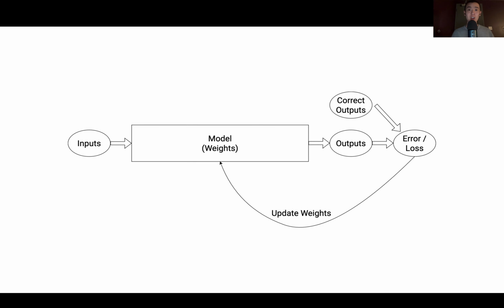Here's a quick review of what we talked about earlier on in the course. Imagine that we have a model that tries to determine if this is a picture of a dog or a picture of a cat. We pass those images to the model. Hopefully the model has good weights, so it makes good predictions. So it says, okay, I think this is a picture of a dog, and I think this is a picture